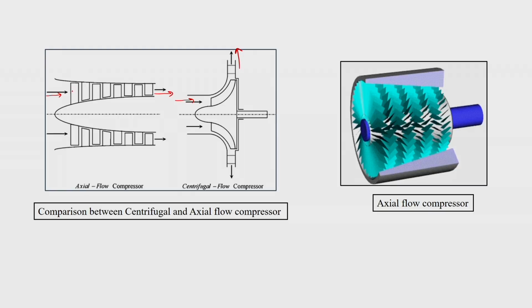Here we have rotor blades and stator blades arranged in series in the direction of the flow. First we will encounter the rotor, then the stator, and then there will be a series of stages encountered by the flow as per the requirement of the pressure rise. We can see in this animation the rotor blades rotating, and these stationary ones are the stator blades. Again we have rotor and again we have stator. This is how the axial compressor is composed.